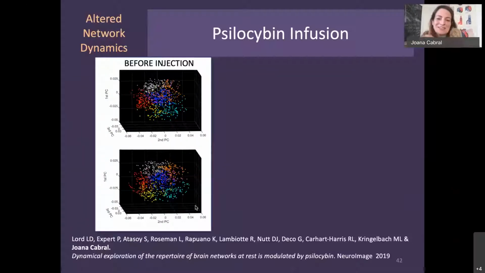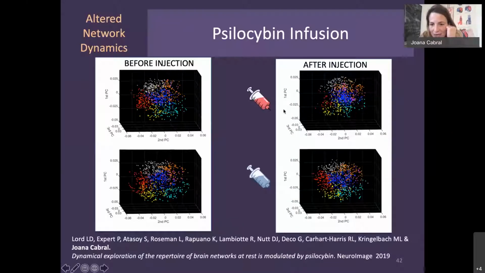So in a way, okay, this is the cloud of states. Before injection, both placebo and psilocybin, this would be the cloud of states with each color representing the occurrence of a given pattern. And then when we inject either this red or this blue compound, here we see the cloud again. And now this is the question to the audience. You don't need to reply, but the idea is to find, just by looking at this cloud of observations, whether we can